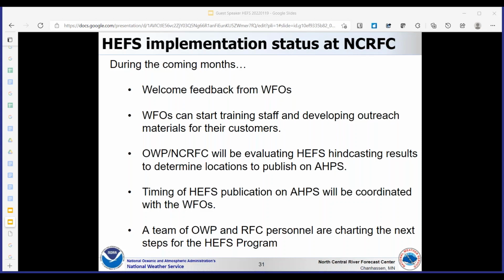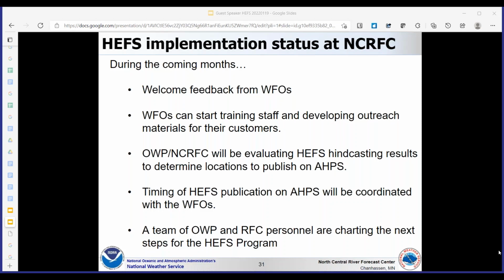I also wanted to mention that right now there's a team of OWP and RFC personnel who are charting the next step for the HEFS program. And I'm part of that team. We're going to be working through the rest of this month and the month of February to come up with some next steps.